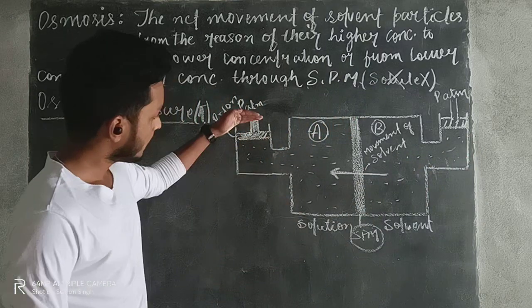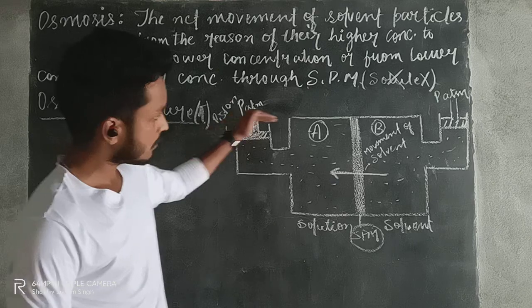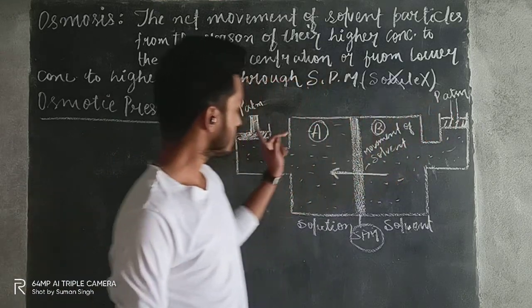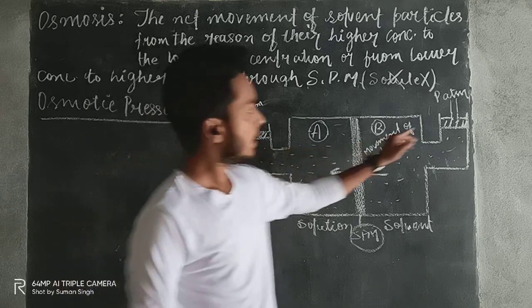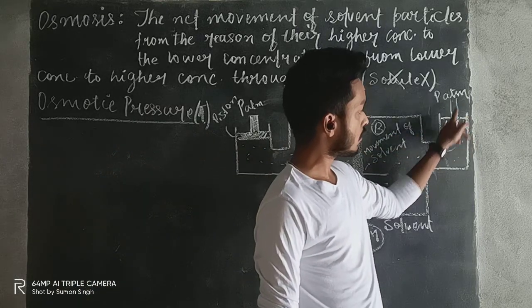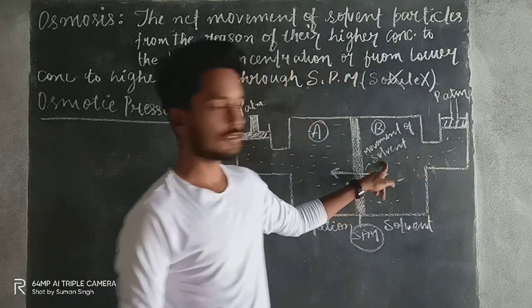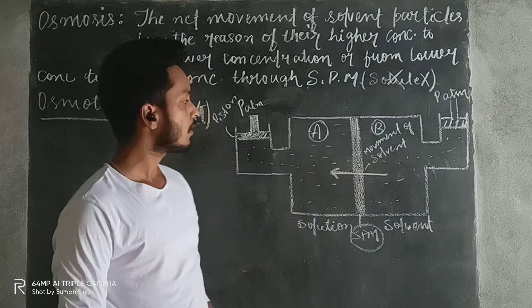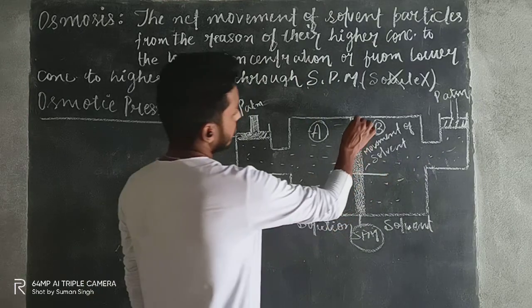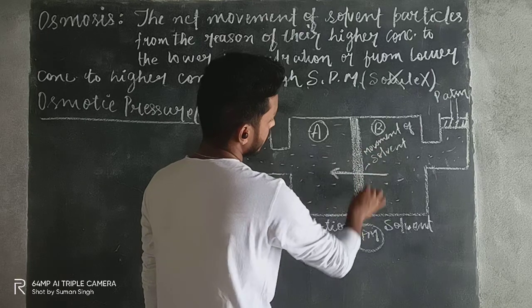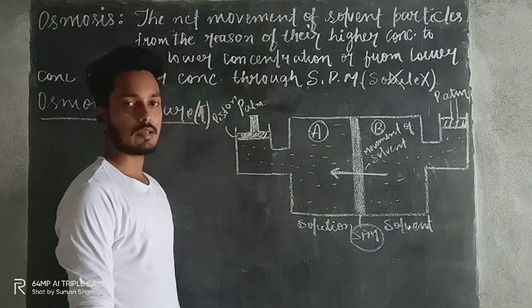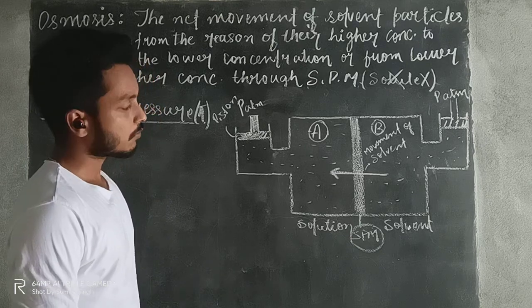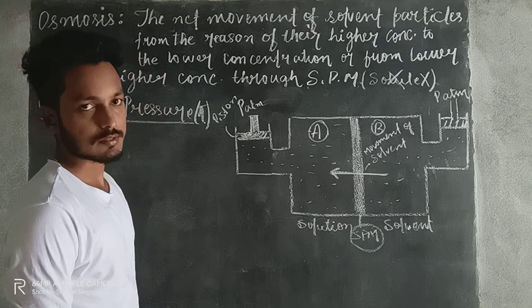So before this we have added here one piston and here also one piston. So this piston is also applying P atm pressure to this solution, to this chamber, and this piston is also applying P atm pressure to this chamber. Okay, and since we have separated this with a semi-permeable membrane, as you can see, then what will happen? The osmosis will take place, right?